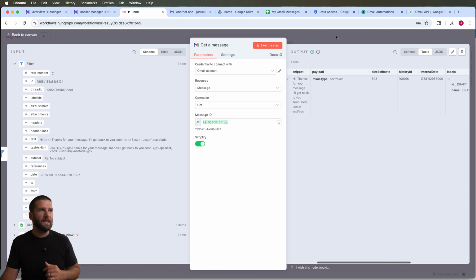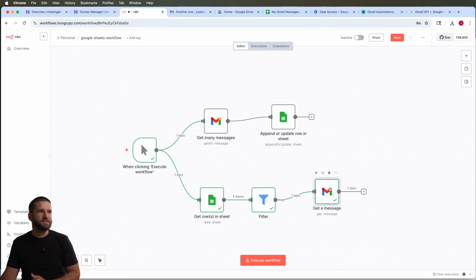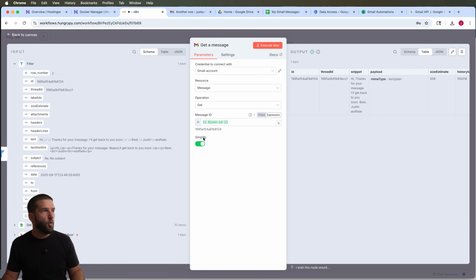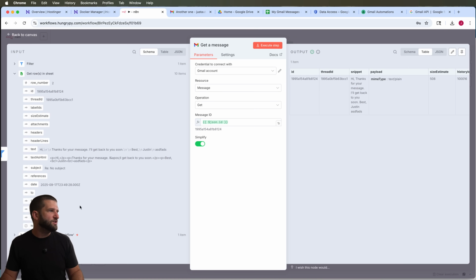But from here, I can now do that same process before, which was creating a draft and all that. So not only am I updating my sheets every time I run this workflow, but I'm also going to go back down and run the get rows and sheets. So naturally I could do a loop in here. And most important of all is if I wanted to send back a message, I could do so in the